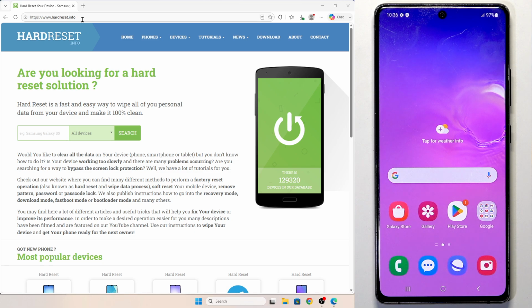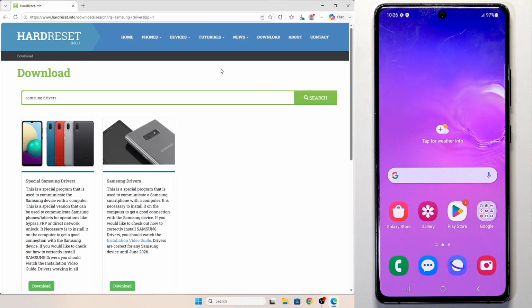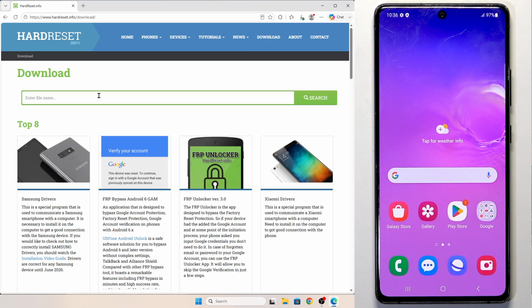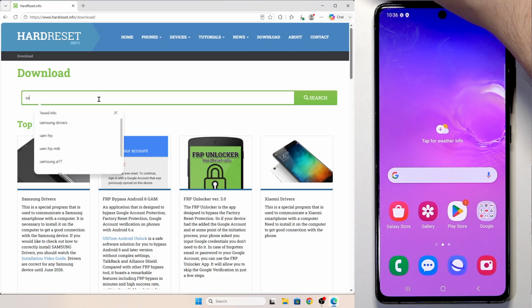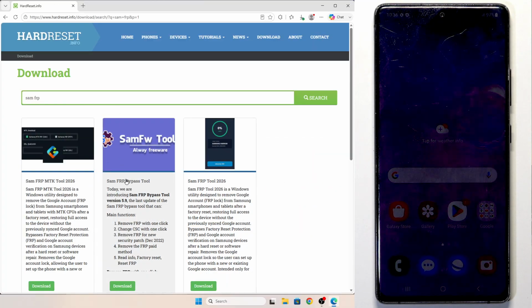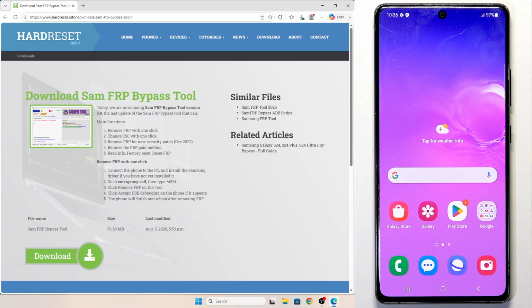and now open up your browser on your computer and visit our page first, HardReset.Info, and go to download section. In here type Samsung drivers, click on search, select Samsung drivers and hit the download button. Then go back to download section and type SAM_FRP, enter, select SAM FRP bypass tool,